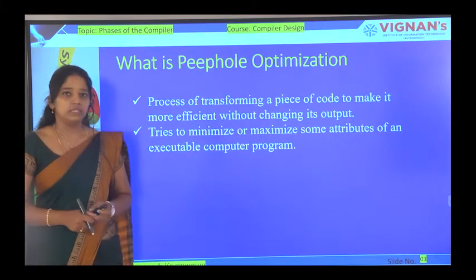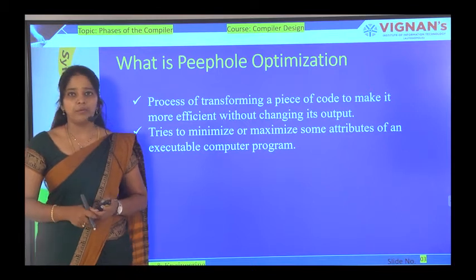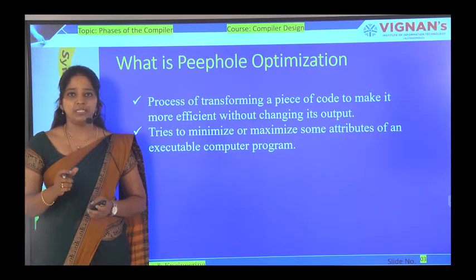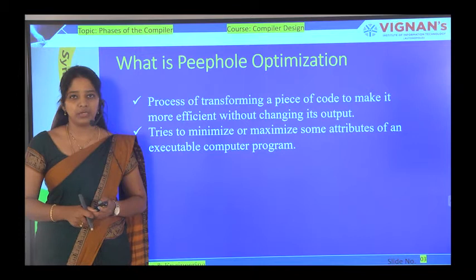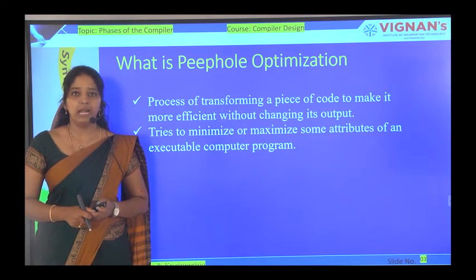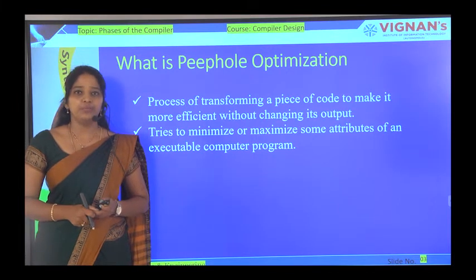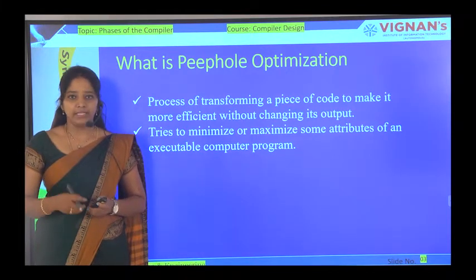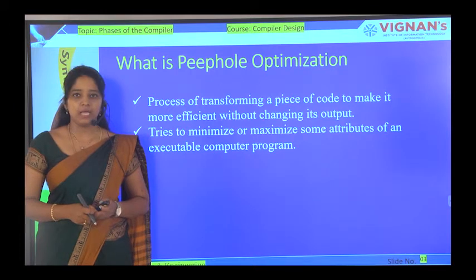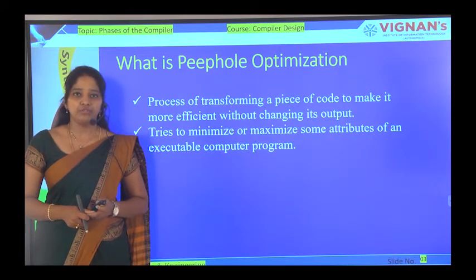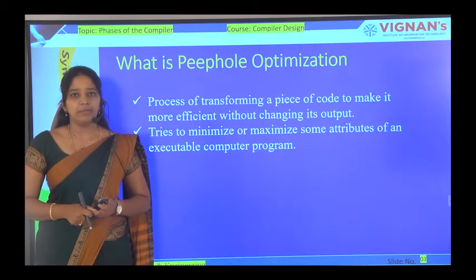In the last lecture, we saw what an optimization is. Optimization is nothing but reducing a code by eliminating unnecessary lines of code. By doing this, the execution time will be less and it consumes less memory. That's why we use optimization.